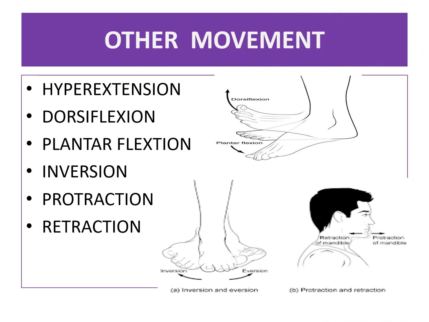Now the last category is other movements. Children, in this I include those basic movements which we perform daily, like hyperextension. It means excess extension of the part of a joint. Okay, especially in yoga and aerobics we perform this movement. Next one is dorsiflexion. This type of movement occurs when we stretch the ankle joint upward, or I can say bending the foot upward is the example of dorsiflexion. Okay. Next one is plantar flexion. This movement is opposite of dorsiflexion. This movement occurs when we bend the foot downward.